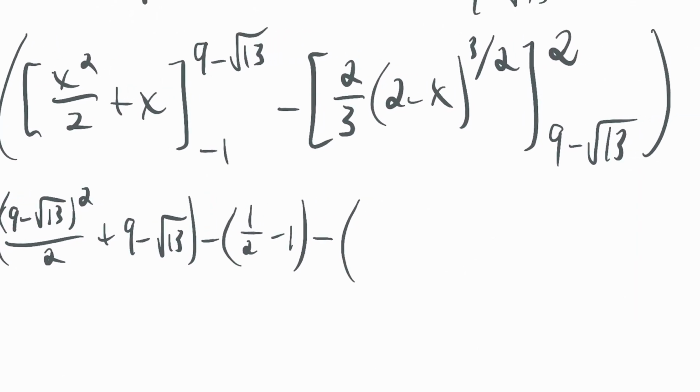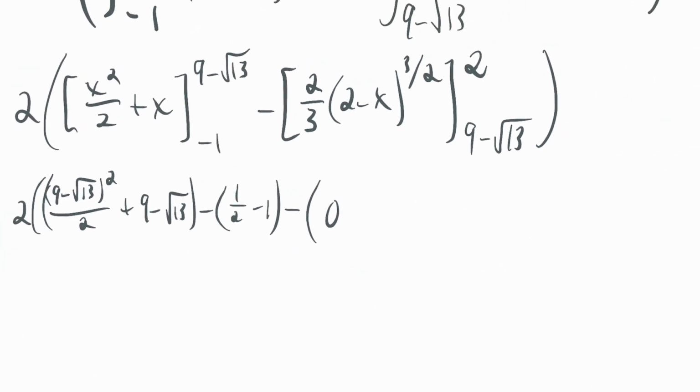In fact, when you evaluate this function at the top end, it's 0, so that's convenient. So minus, plus, double negative. In fact, let's do it this way. Minus 2/3